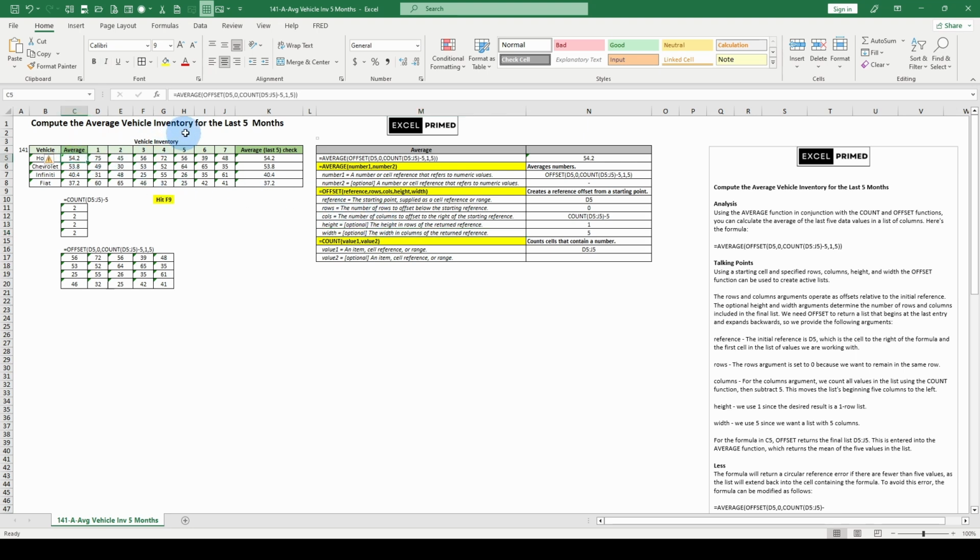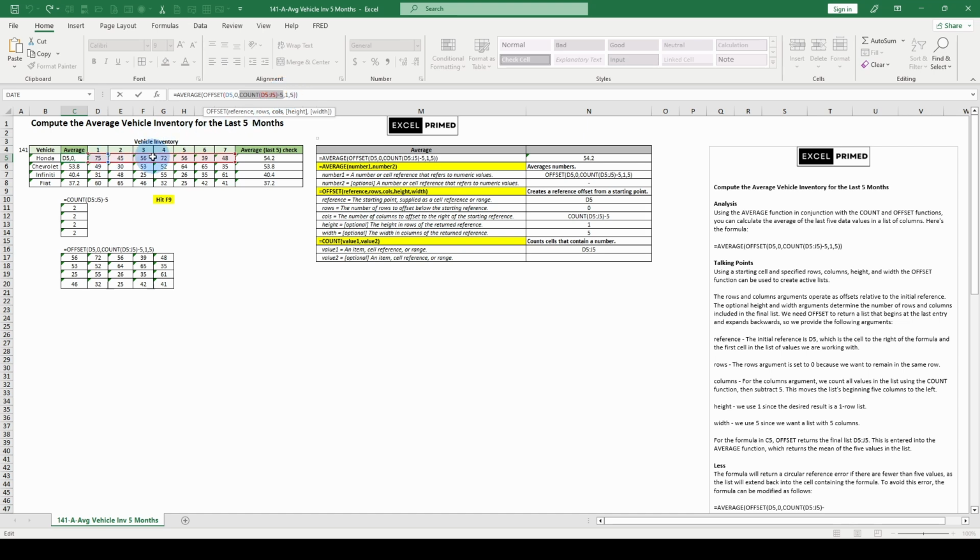Let's look here. We have offset. Our reference is going to be, that's our flag. Where are our rows? 0 rows. We're not going down. We're going to stay right here at D5. Go to columns. We need to offset this a little bit because we want to start at a different column. We need to move over, and our column's going to have to be a different outcome, and that's D5, J5